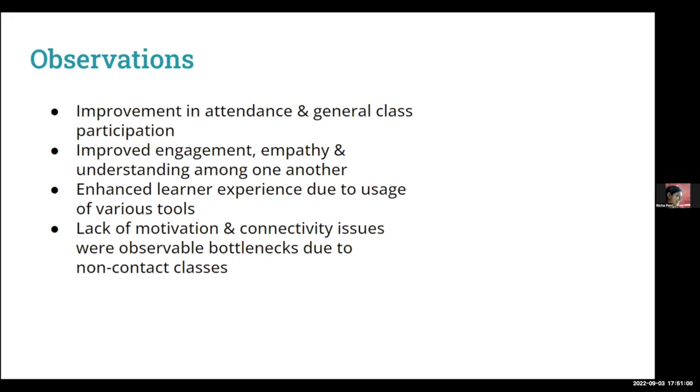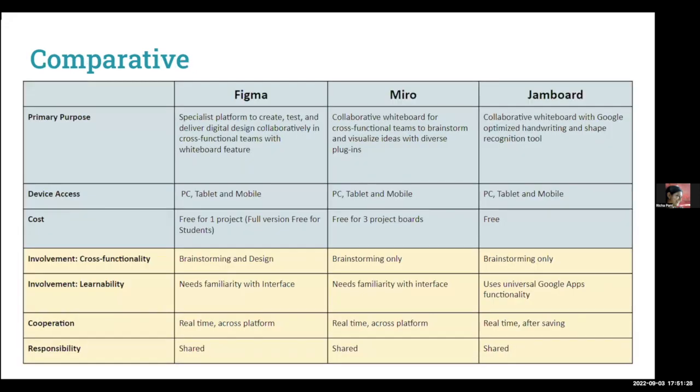Then a lot of students belong to remote areas, and connectivity issues were a big problem. So it was the biggest bottleneck due to these non-contact classes and digital classes. Some of the students actually suffered a huge loss of not being able to connect and not being able to have discussions with their peers because of these connectivity issues. So at the end,